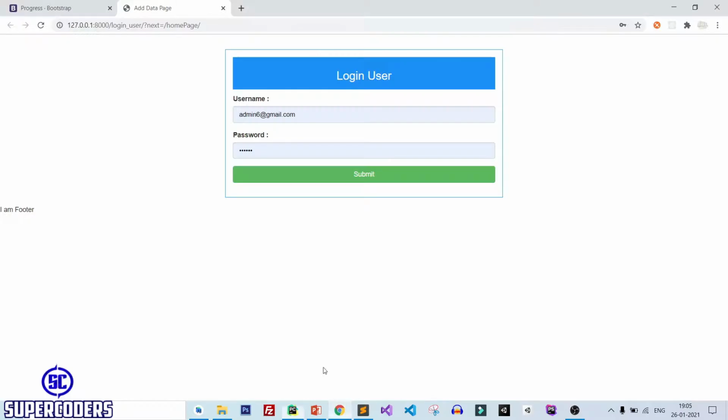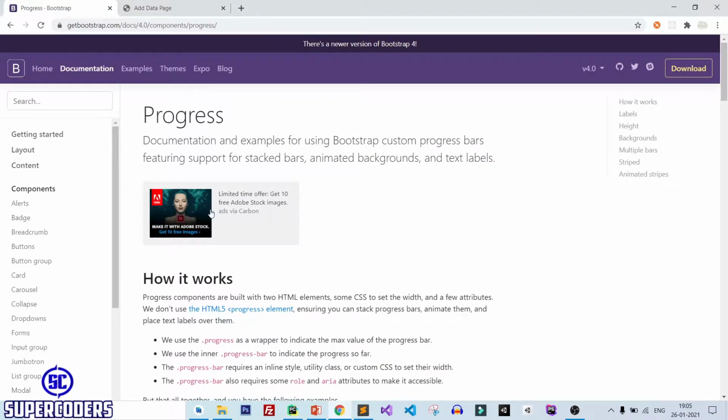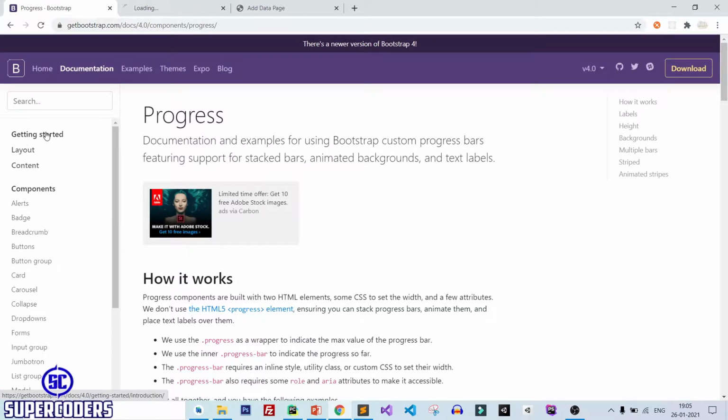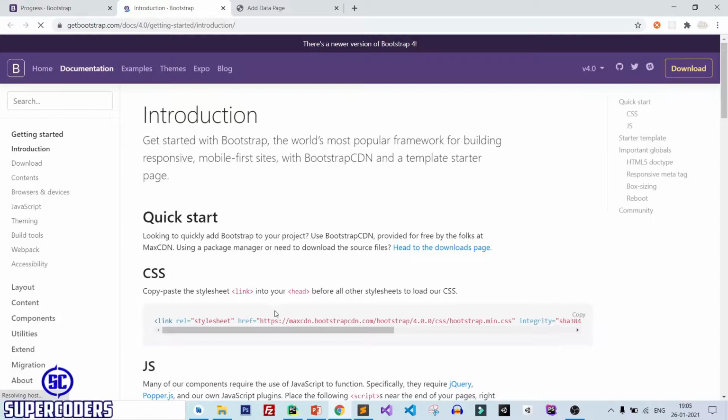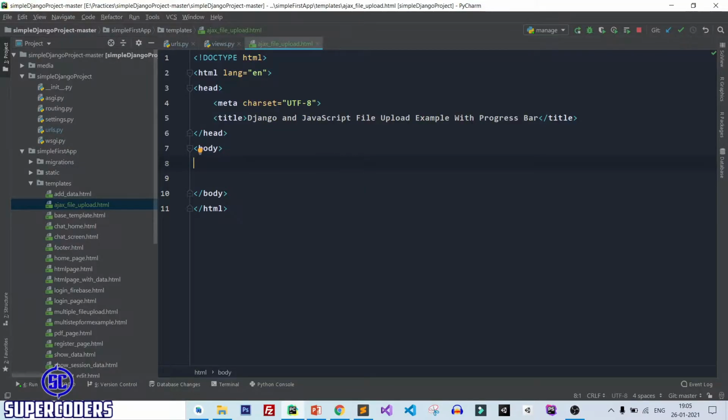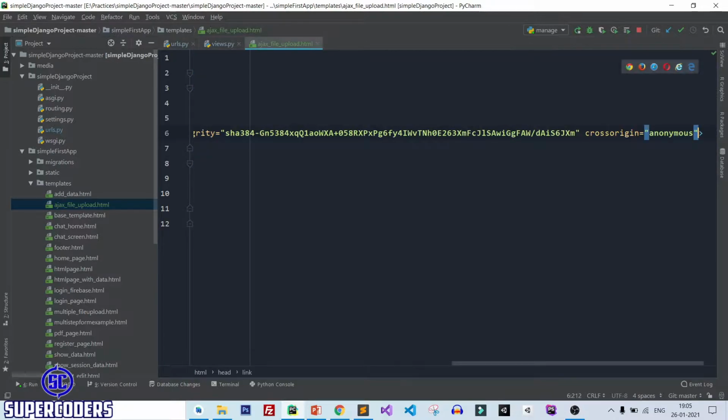So let's see, here is bootstrap. Let's copy the CDN. So click on get started and let's copy the CDN of bootstrap. Now close it. After that here paste it.